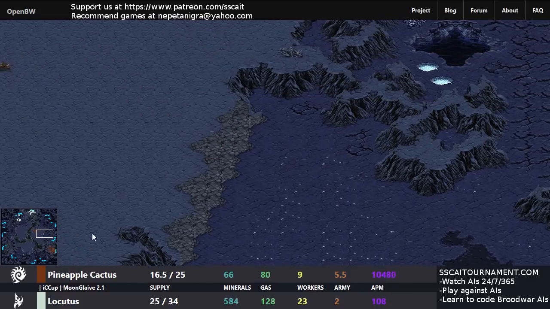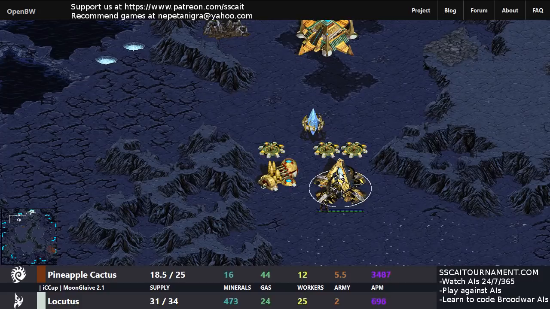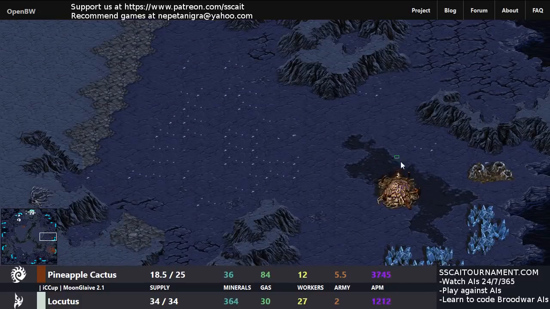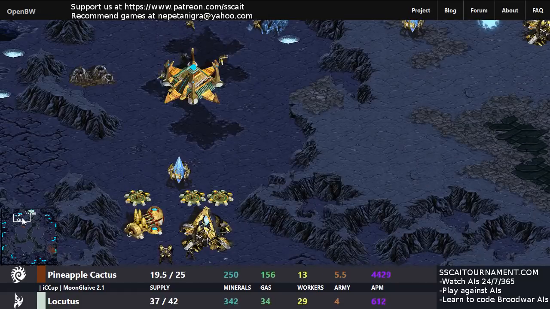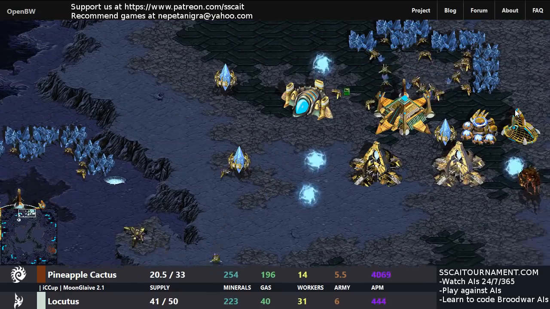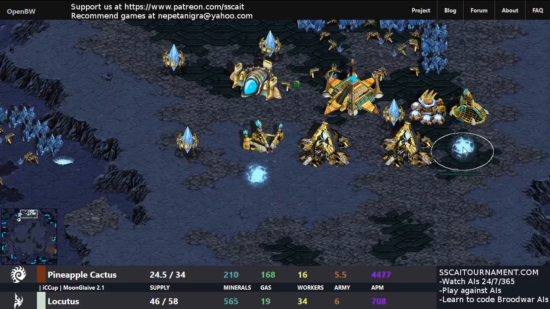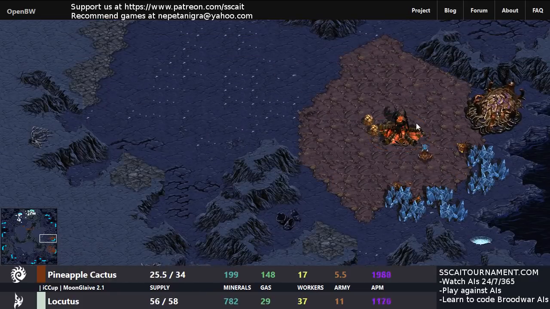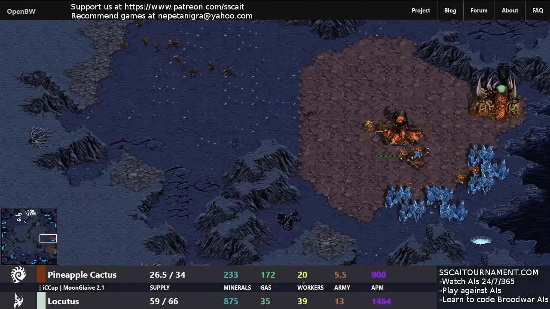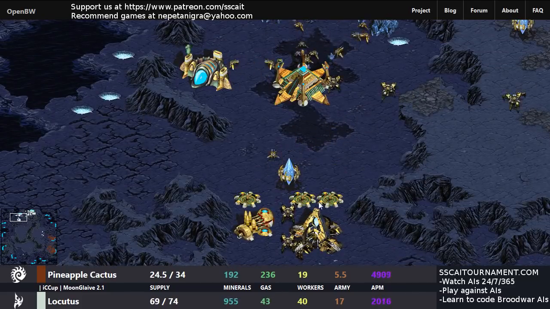And now taking a natural, and we have still only got 11 workers for Pineapple, now 12. Some workers are being built, but I think there is only one hatchery, so that's going to take a while to catch up. And Locutus is going right into macro mode. 3 gateways, going to be 4, Robo Bay, lots of units. Army-wise, it's 10 versus 5, and although the natural for Zerg is up, it's going to take forever to catch up. The worker count is half of that of Protoss, and there is no...